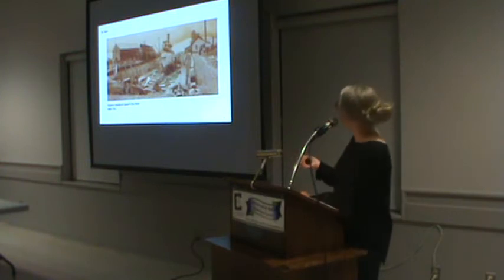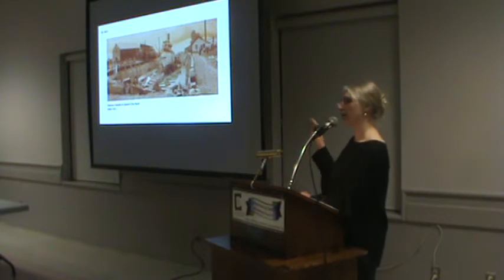And then I will point out just some of these other structures. This was the first pump house. Of course, with the dry dock, all the water had to be pumped out of the dock, which was quite